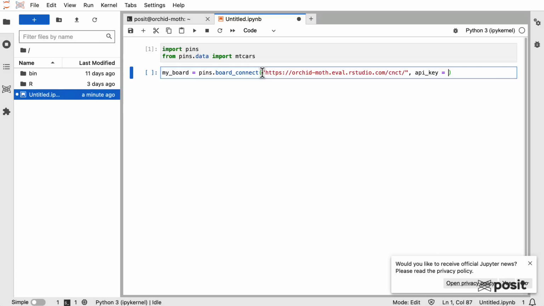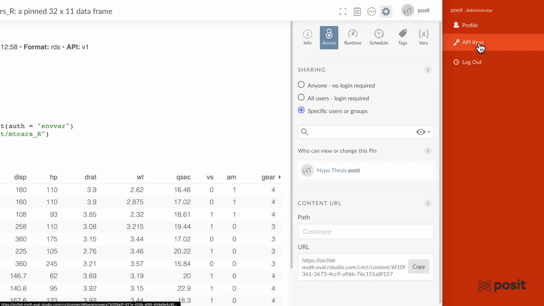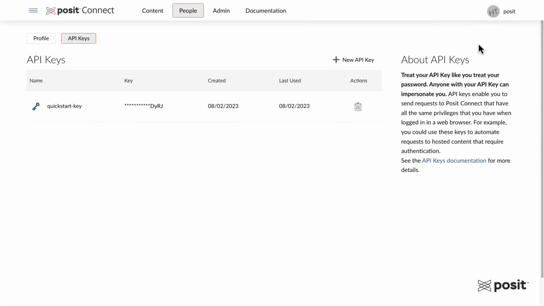To generate an API key in Posit Connect, we're going to go back to Connect, and I'm going to click my name here in the top right-hand corner and select API key. Now, as a quick caveat here, I am using a temporary environment, and as soon as this demo is over, it's going to be torn down. So you will see my API key, but that's okay. For future reference, you should always treat your API key just like you would a password. You want to keep them safe and not share them with anybody.